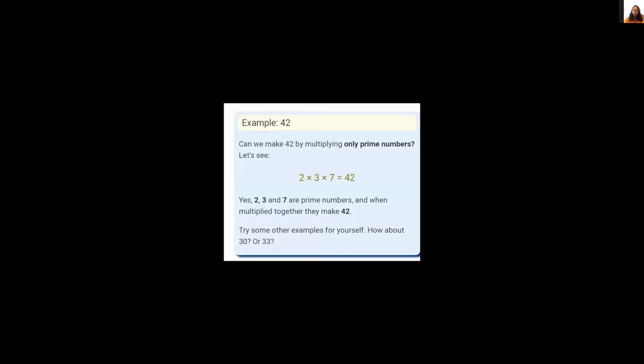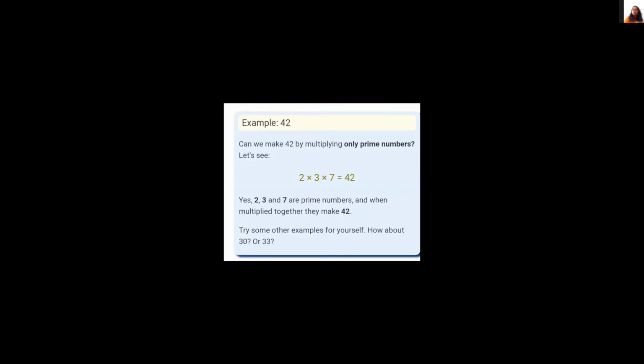Now, if you're able to do it orally, great. Otherwise, what do you do? That factor tree I was showing you, the LCM method that you do. So you can just go ahead with that. So correct answer, Monavi. 30 can be expressed as 2 into 3 into 5. And this 2 into 3 into 5 is unique only for the number 30.